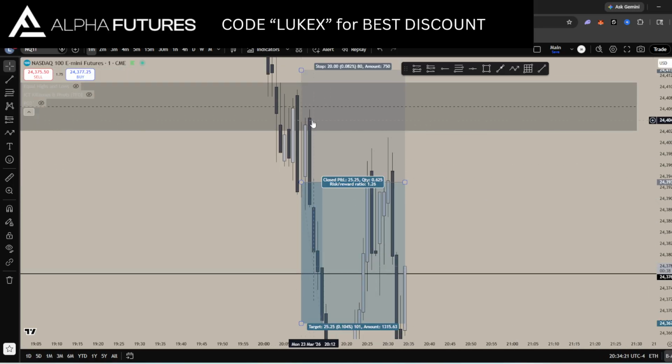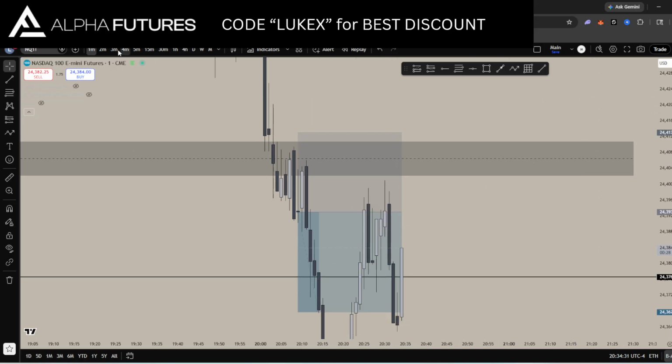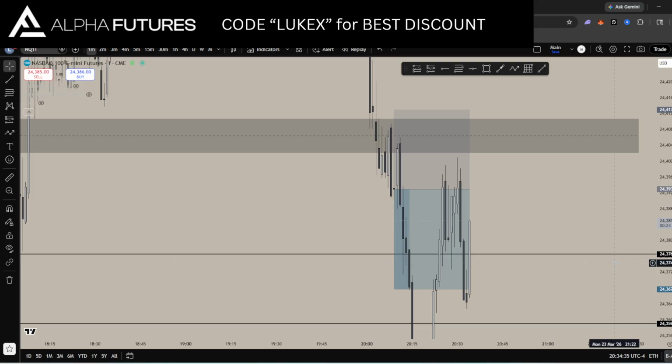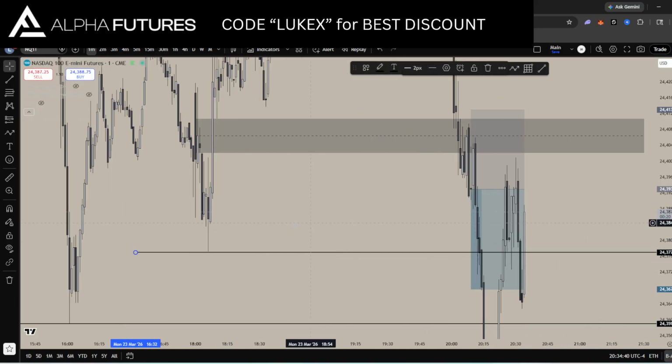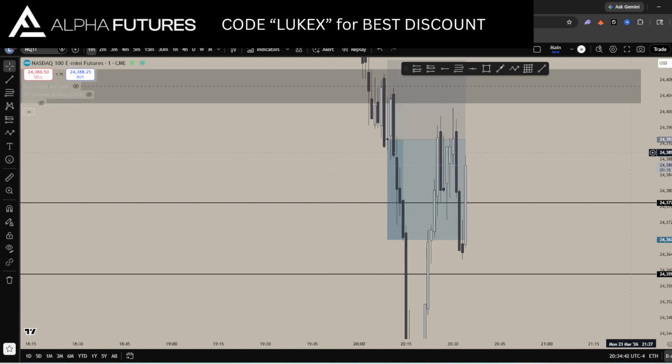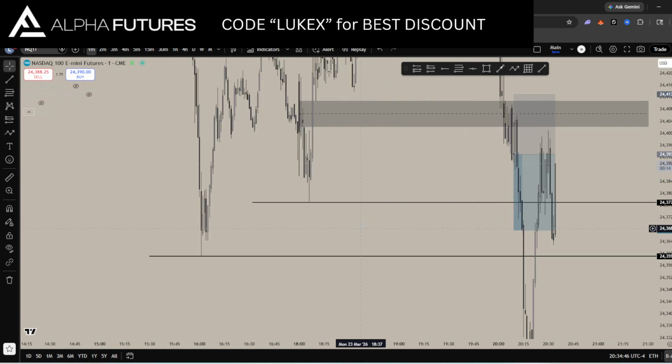We get in some drawdown here. I gave myself a little bit of room on the stop. I gave it 20 points. I would have put it above this high, but I just rounded the stop up, but I still would have been safe anyway. But we do get in some drawdown. And what do I do? I wait for price to flush. So I go break even at this low right here, which is my first main draw. And I just target my $150 winning day, which happens to be right in between this draw and this draw.